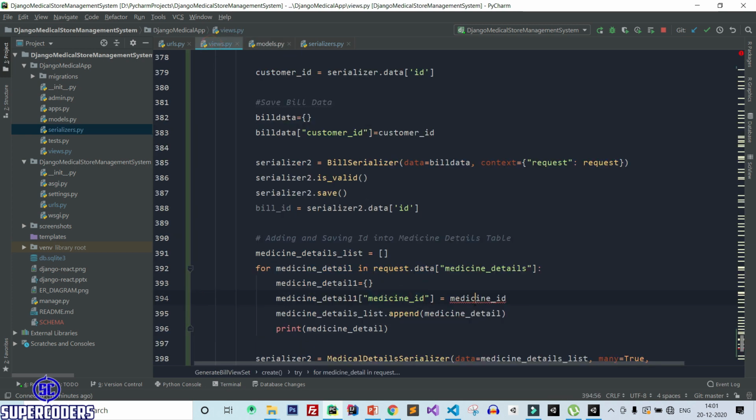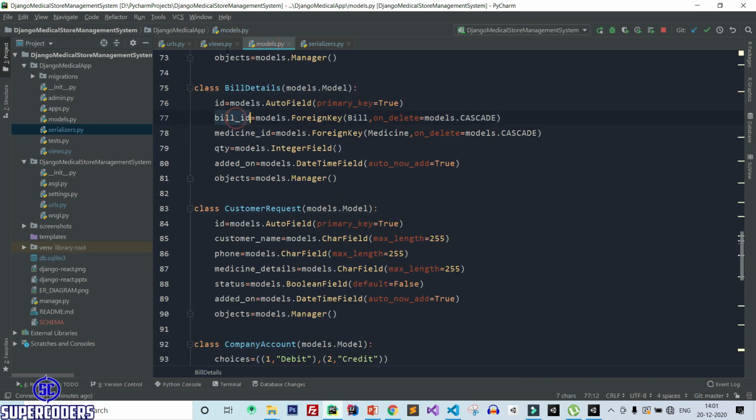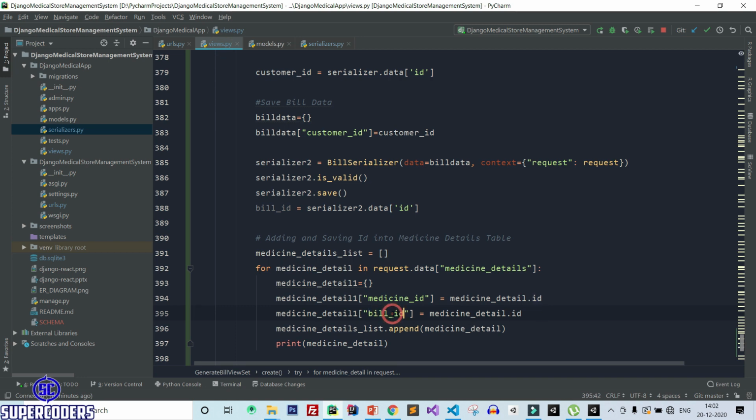Pass the ID, and medicine detail dot ID. Okay, medicine detail dot ID. Then next is, let's see next field, which is bill ID. So bill ID, and here we can access the bill ID.